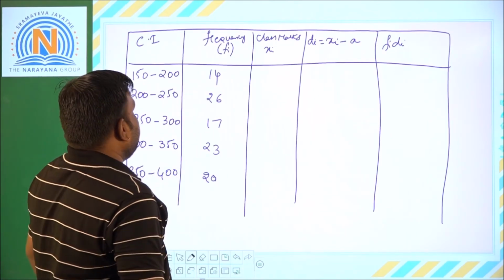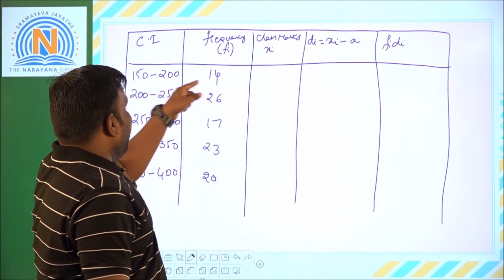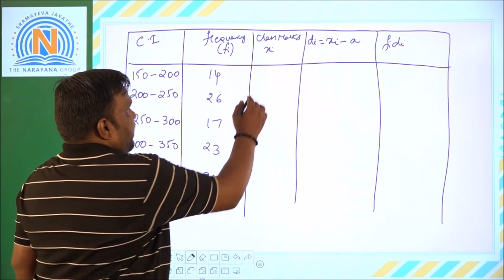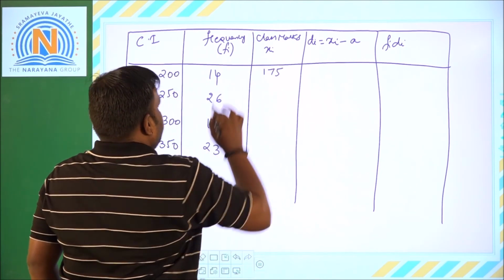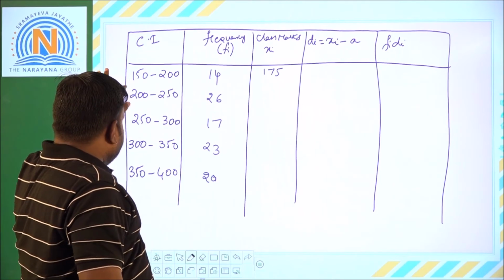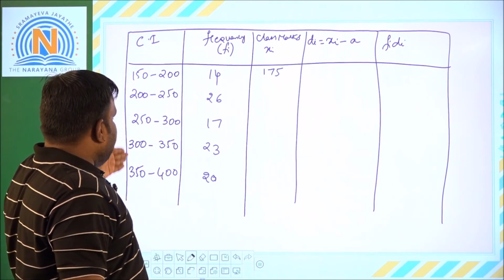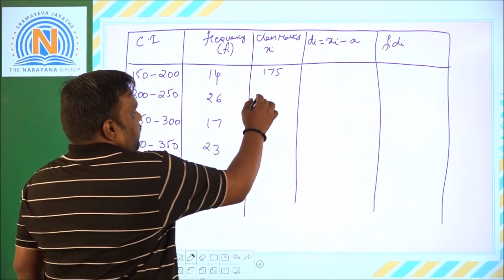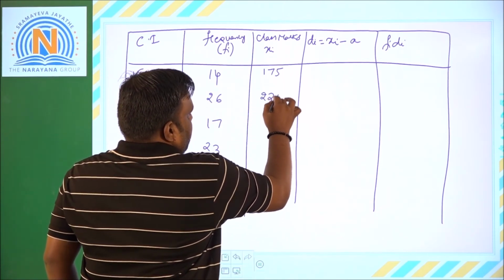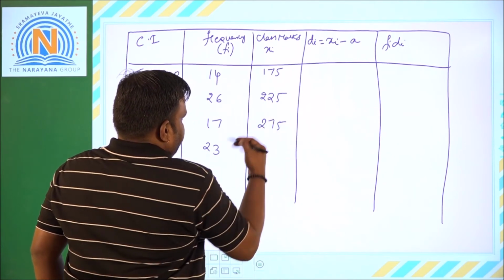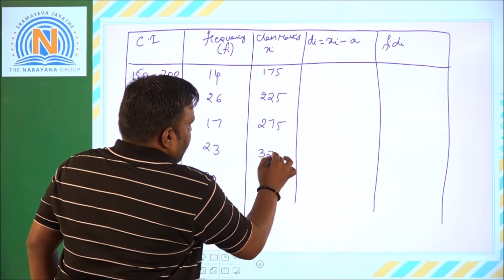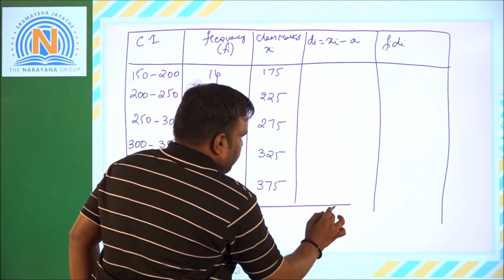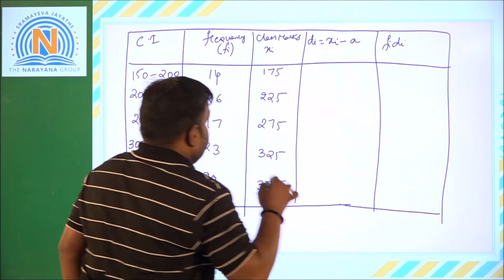Right. Next comes the class marks. Class mark is nothing but add and divide by 2. So 150 plus 200 is 350, 350 by 2 is 175. So the class mark here is 175. And next go on adding. If you check the class width, for all these classes it is common, that is 50. So go on adding 50 to these class marks. The next one will be 225, followed by 275, the next class mark will be 325, and the next one is 375. So these are the classes we have, and these were the class marks we got.